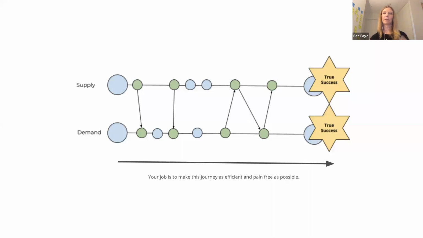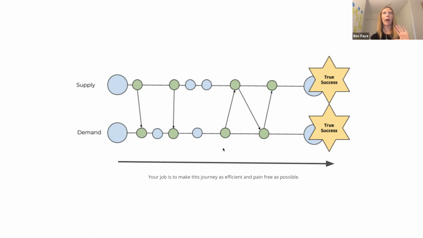Now, one of the key things I've noticed with marketplaces, and I'm sure you may have heard this before, is that the reason marketplaces fail is that there are too many friction points along this journey. These interactions fail, and if too many interactions fail, that's where things start to fall apart. If you think of Airbnb back in the early days, what could have gone wrong was that people were taking way too long to respond to bookings. In the end, the people looking for a place to stay got fed up and went to the normal hotel booking site they were used to, because what was the point? Nobody was getting back to them. So that's really important.